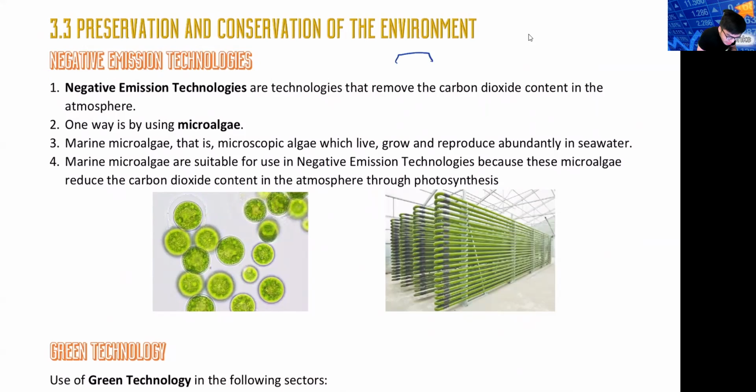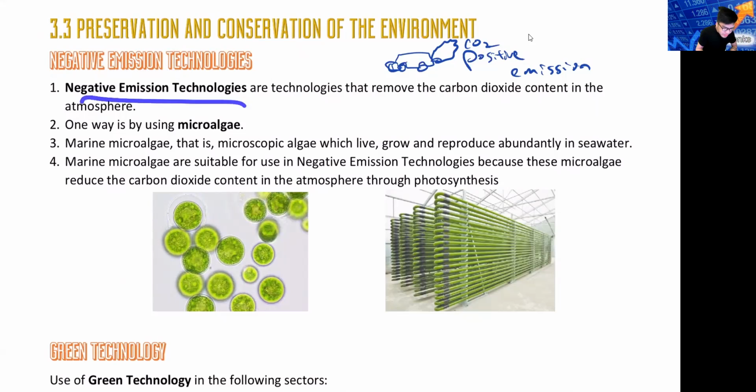For example, your car. I suck at drawing lah. This is your car. Your car is a positive emission. Why? Because every time you start your car, you need to put petrol in it. You are creating carbon dioxide. I don't care lah, I don't care how good even your car is like a Myvi or an Axia, very petrol saving. It's still a positive emission because they are still producing greenhouse gas. But negative emission is when they remove greenhouse gas. Not only are they not contributing to the problem, they solve the problem. All right, so this is what we call negative emission technology.